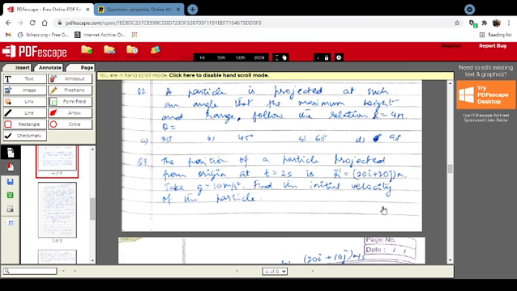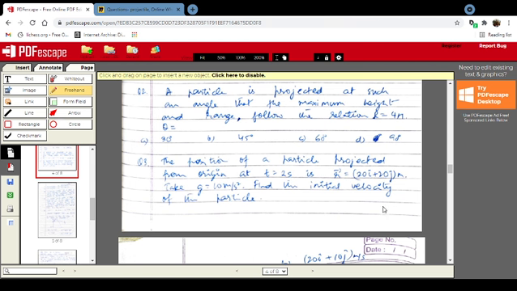Welcome everyone to this lecture on the questions on projectile motion. This lecture is a continuation of our series on kinematics, and let's begin. Last time we discussed projectile motion and some questions related to it, and how different types of questions come in it. So this time we are going to proceed further and do more questions.